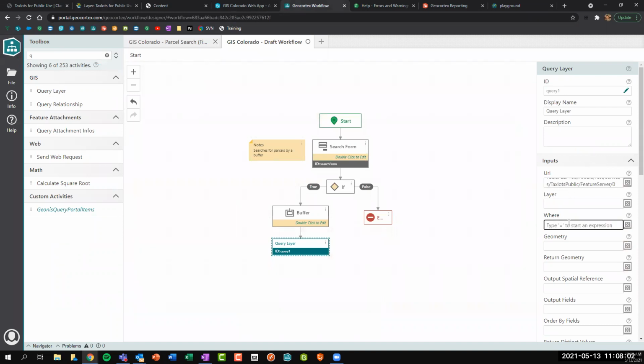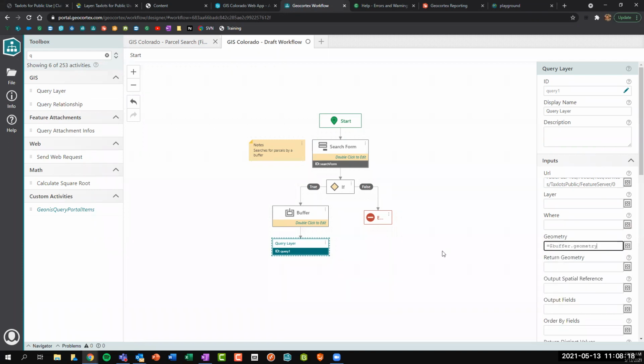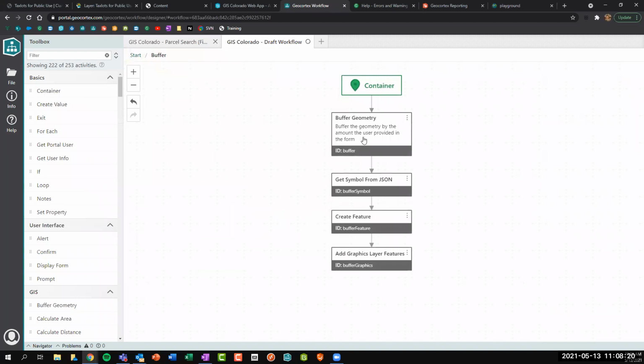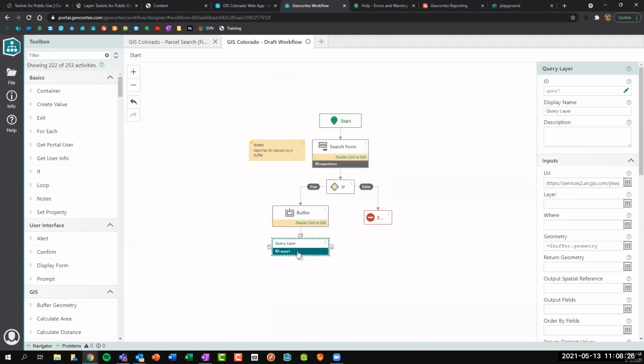And then for my where clause, I don't really need a where clause because we're going to be passing an input geometry. So I'm going to do equals buffer, which is our buffer geometry, dot geometry. So that's going to take the output of this buffer, which is geometry,